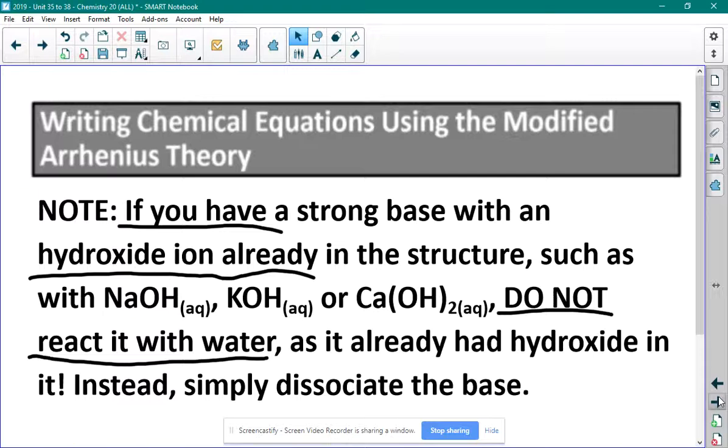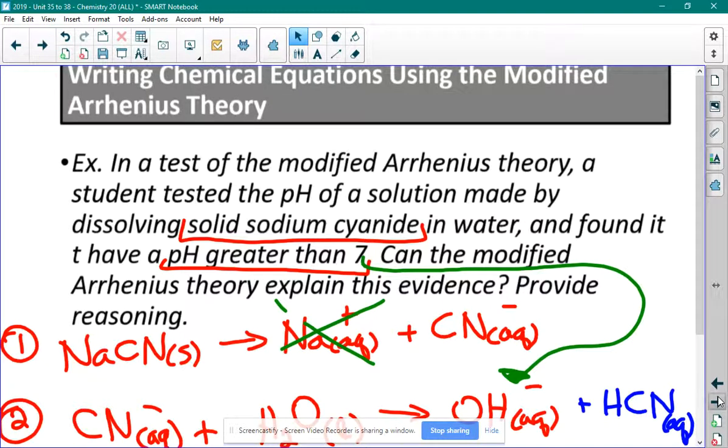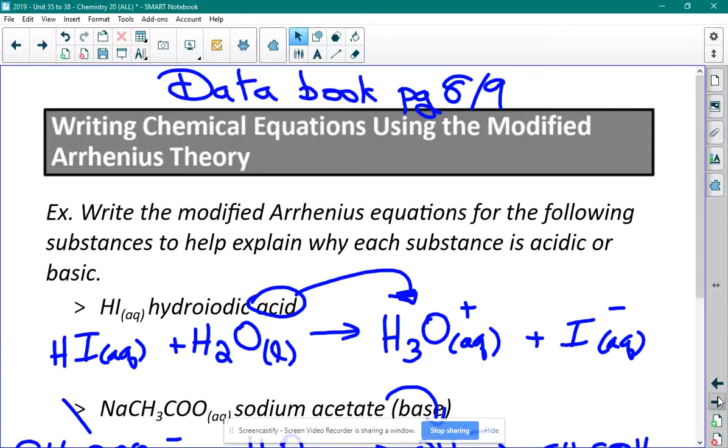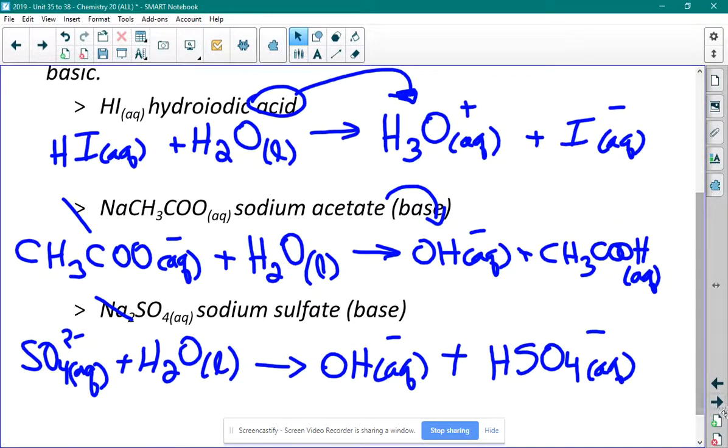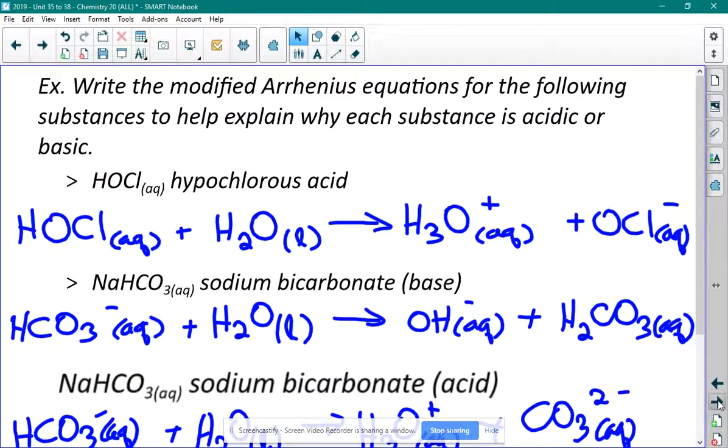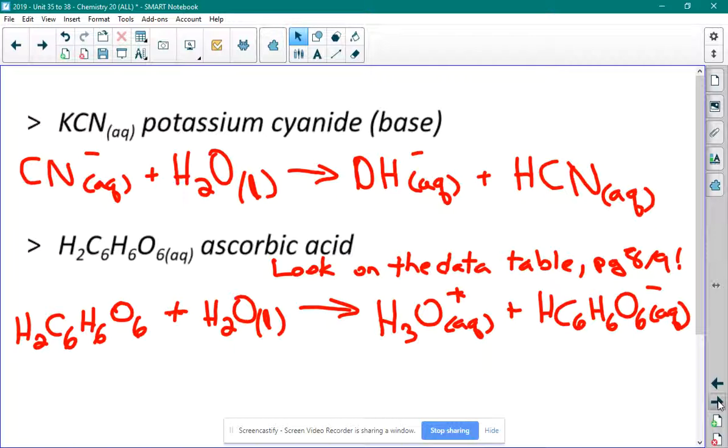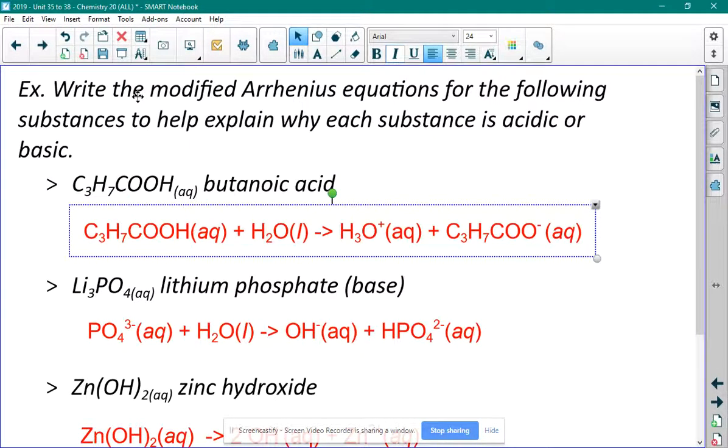What we're doing now is writing our dissociation equations with acids and bases. And I believe you all had a chance to copy down the examples that I had from Tuesday's. However, I'm going to give you a couple more just to show what I mean, so that those people who are on the physics trip can see this talked out in real time. So, for writing the modified Arrhenius equation for the following substance to help explain why each is acidic or basic,